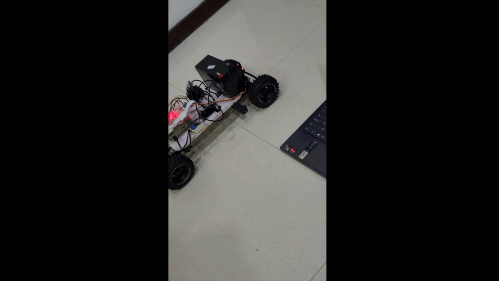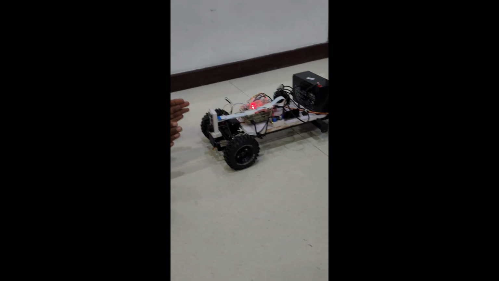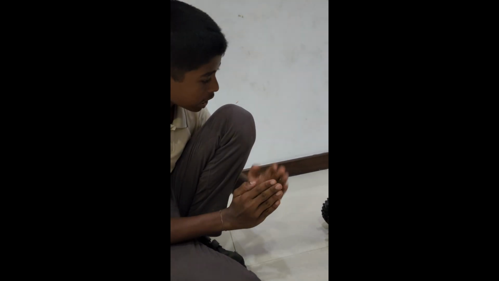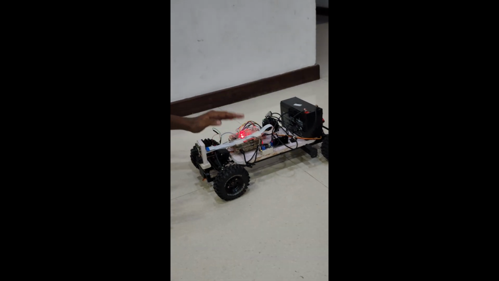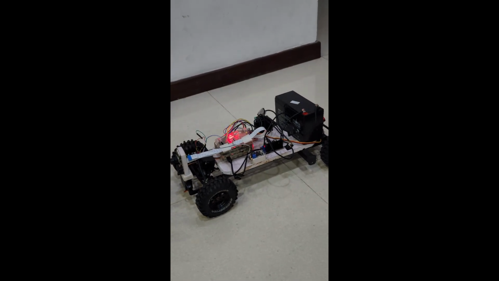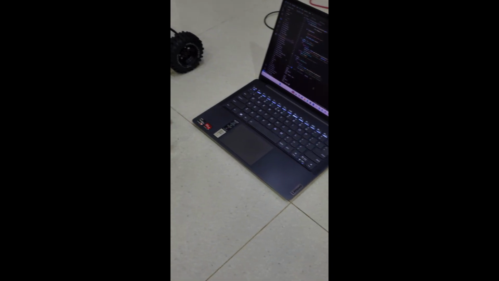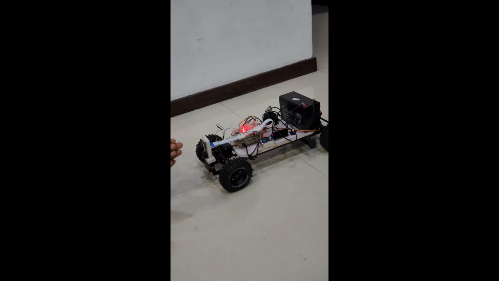So before we begin, let me explain how this whole thing is set up. So in order to run this car, we need a client and a server. So right now, as the client, we have client code inside this brain. As the server, we have an additional computer over here. You can see. So basically, the server and the client, they both are connected using Wi-Fi and using a protocol